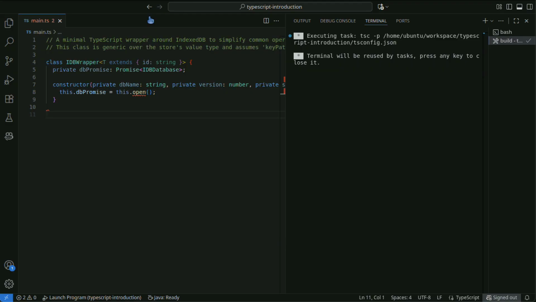This class wraps IndexedDB operations and provides type-safe CRUD methods. It assumes an object store where the key is ID.